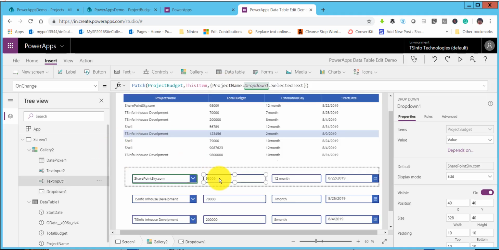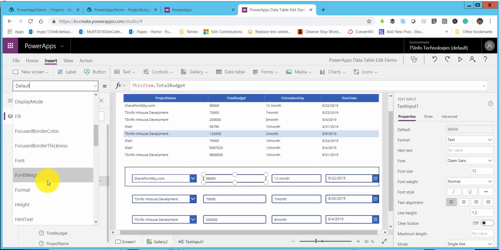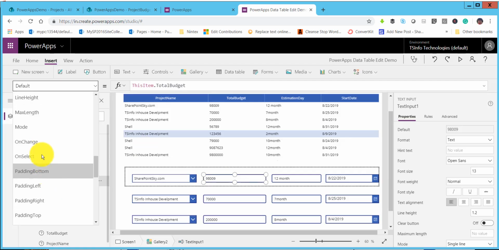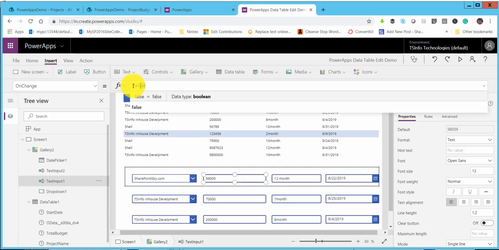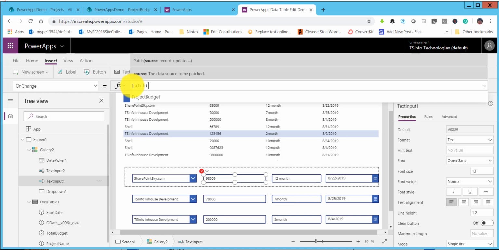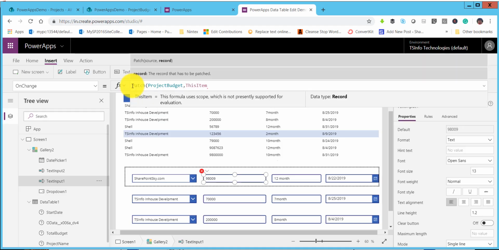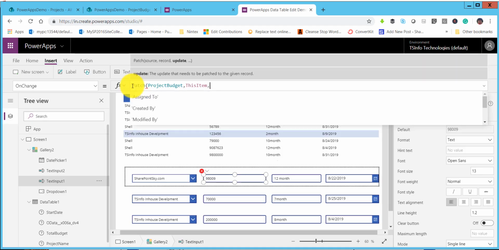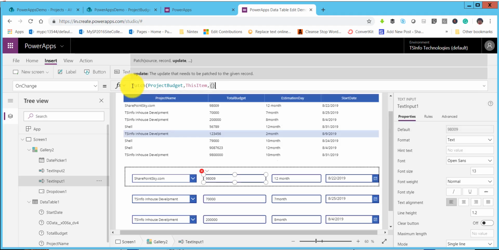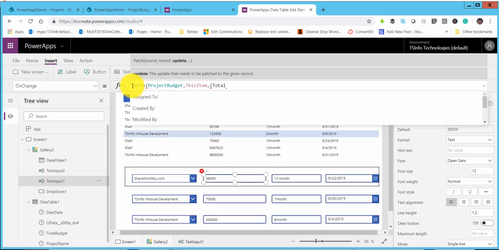Now similarly on the text box, I will go to on change event, and similarly whenever user will, let's say, change something on this particular text box, then on change, what it will do is we will again use the same patch function, and this time with the same budget, but the control name will be the total budget. So we will update this item, and I will put the bracket here. So the total budget is the column name. So total budget,